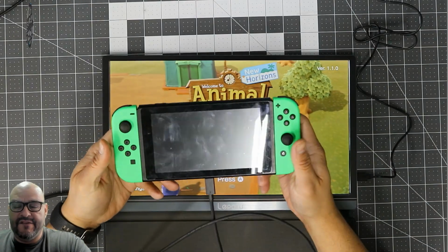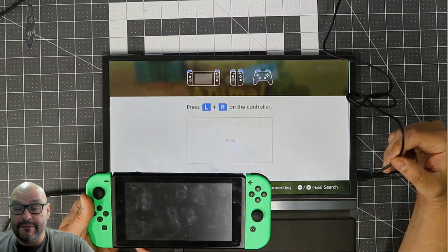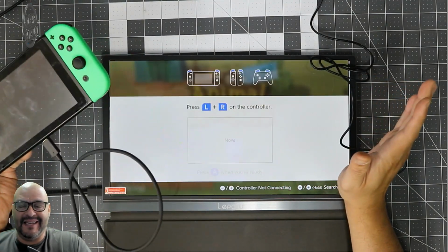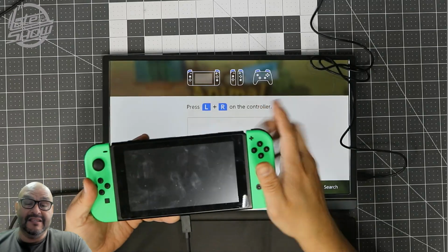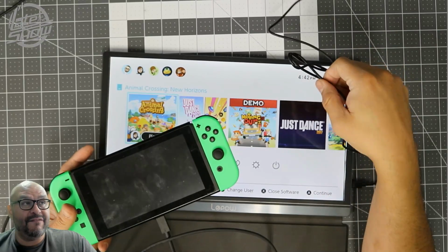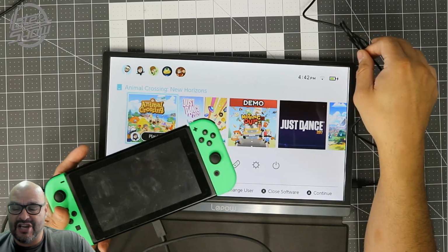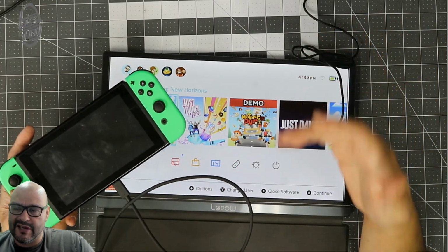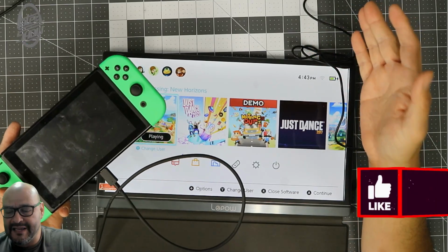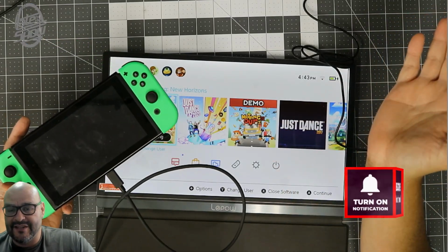So a big plus is if you don't have your station in here, they give you a power cord. It comes included with it, so you could actually play directly to the Nintendo Switch without losing any of the other connectivities. It does blank out here, but it goes directly here, and if you can see it, they give you a power connection with a type C connection. Of course, it plugs in directly. If you guys see my review, I did review this completely, but this is a big plus for movable devices, a mobile gaming station. If you're gonna take this on the go, you want to travel and you want to take your Nintendo Switch,